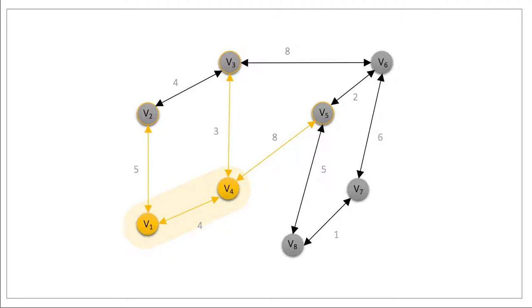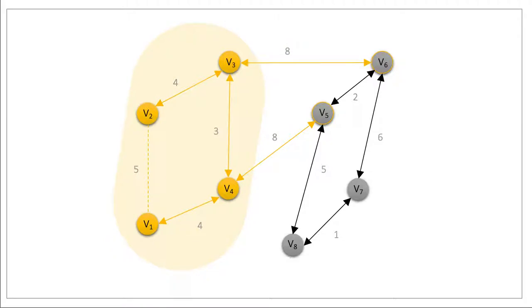So here we're actually choosing between 3, 5 and 8, because we'll be using some sort of queue with all of the weighting labels, similar to Dijkstra's algorithm. So of 3, 5 and 8, 3 is the smallest, so we bring V3 in. And now we're looking at 4, 5 and 8, and of those values 4 is the smallest, so we bring